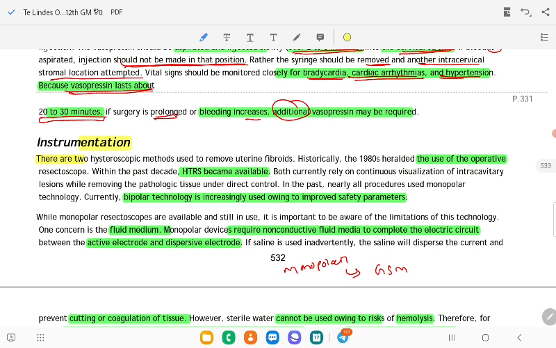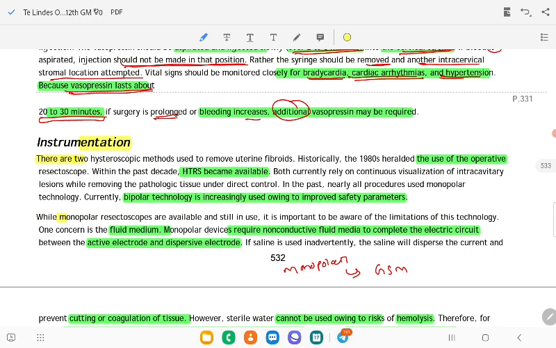Previously, all the procedures were done with monopolar cutting. Currently, they are using bipolar because of safety, to improve the safety parameters. Some monopolar resectoscopes are still available and some are still using them. When using a monopolar resectoscope, you should consider the limitations of the technique regarding the fluid